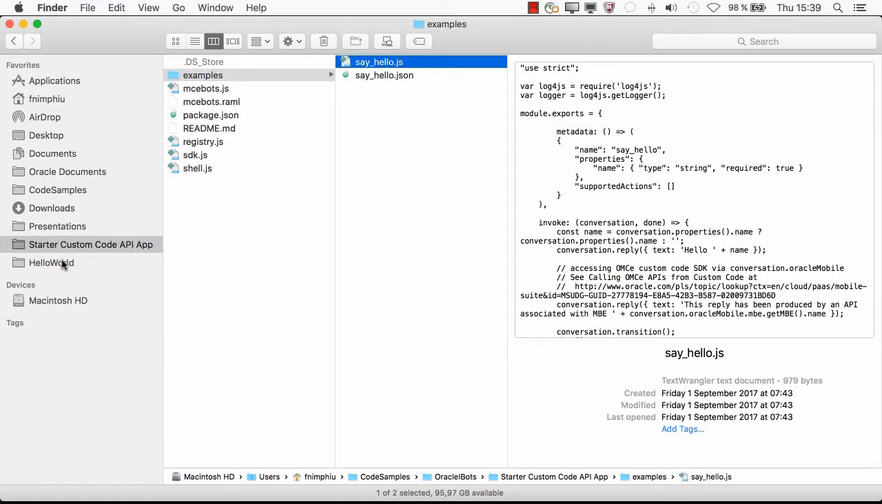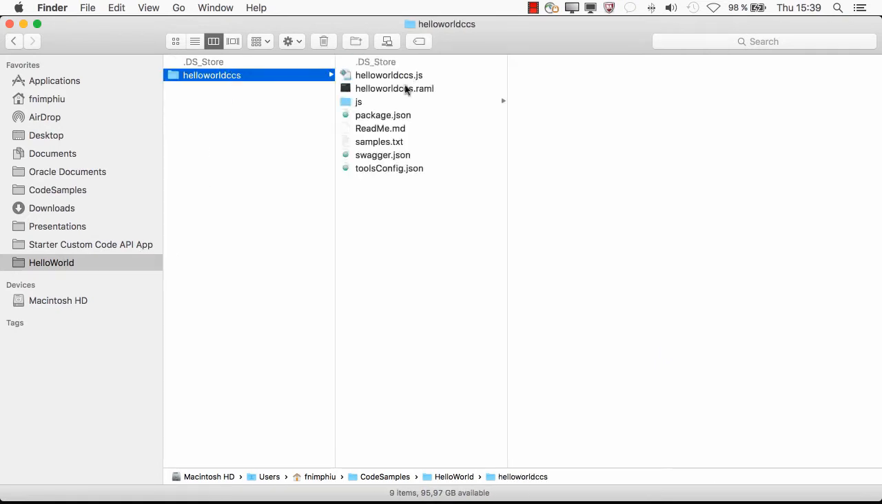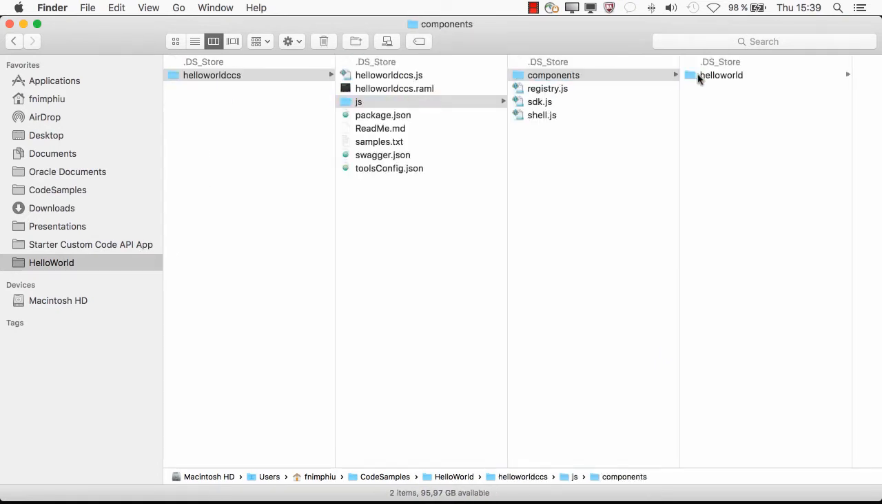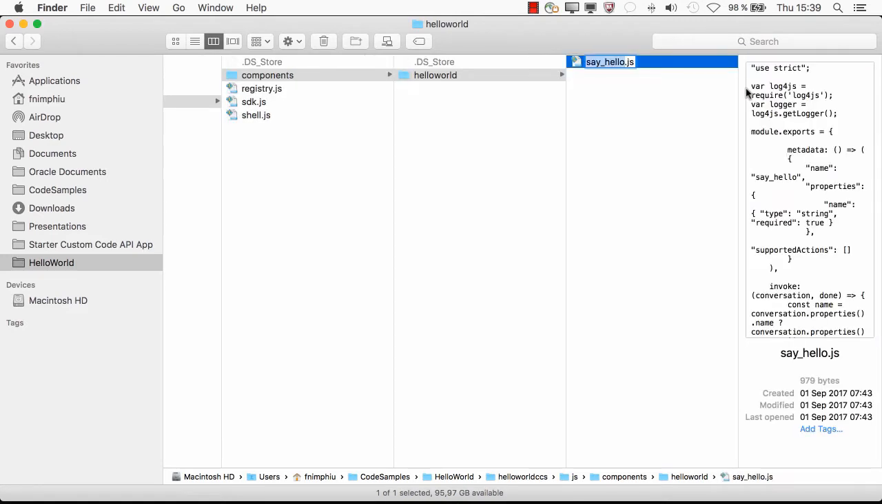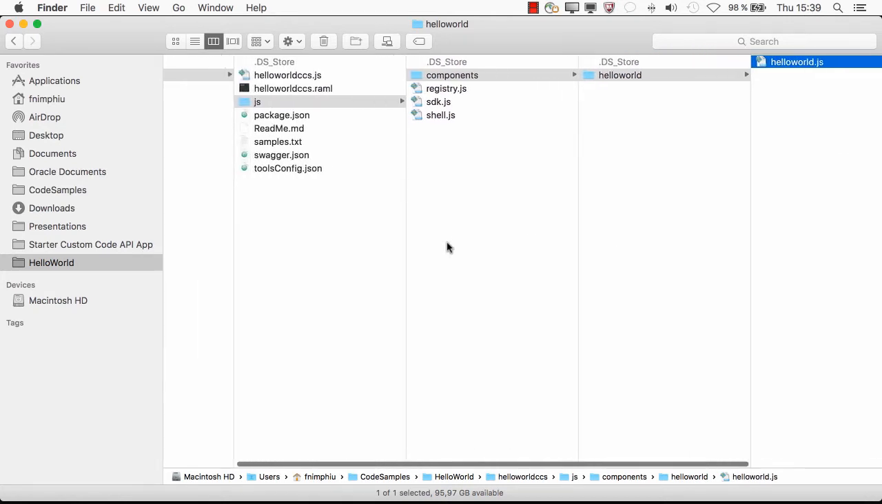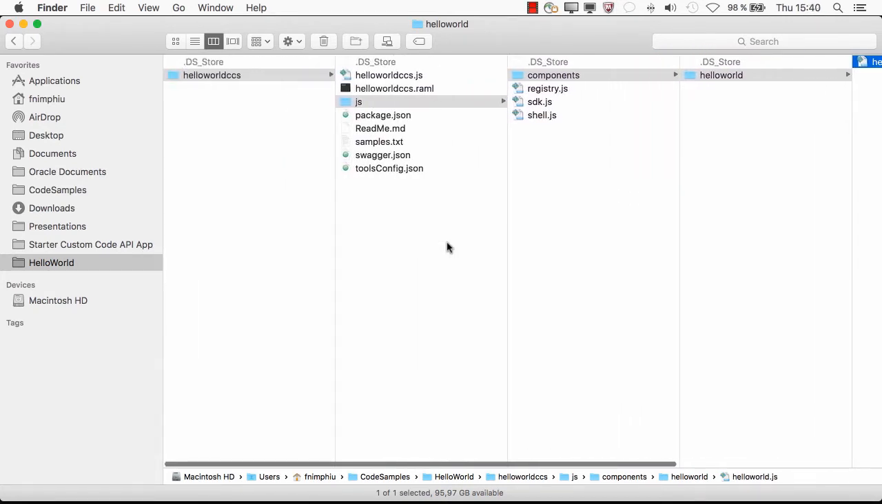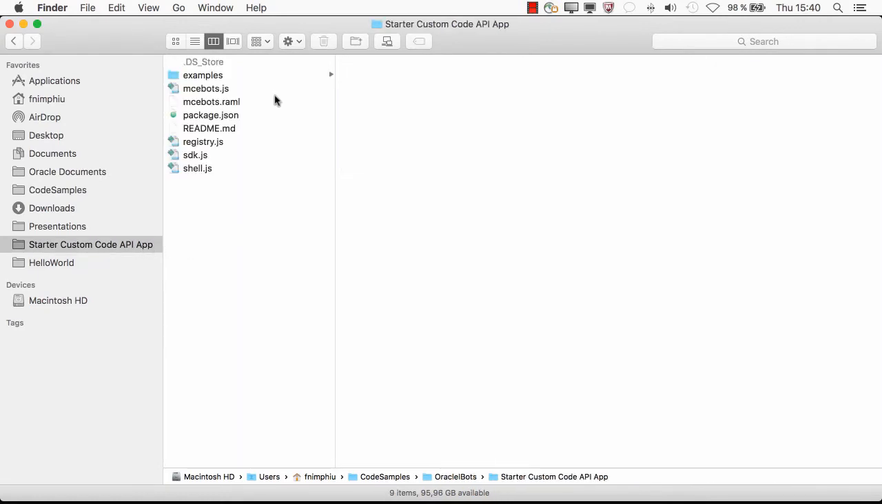So go to my hello world JavaScript component, hello world, and it goes in here. So let's rename it to hello world, and this is it. So we will need to make use out of more information in this starter package, but